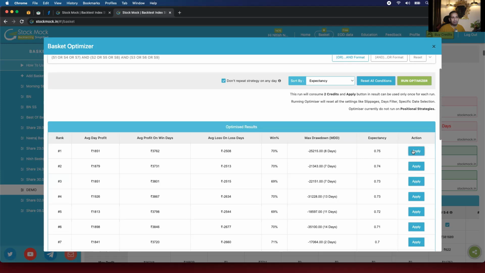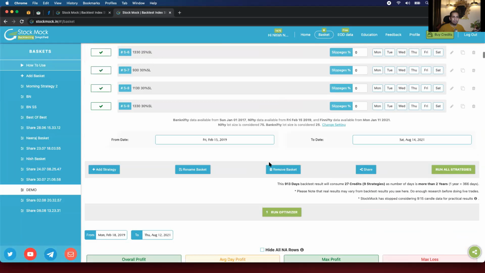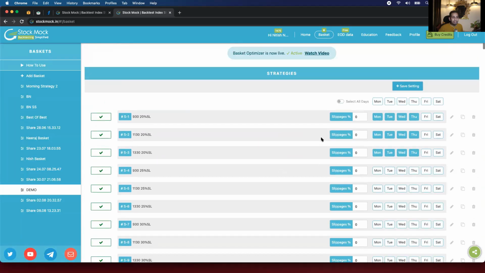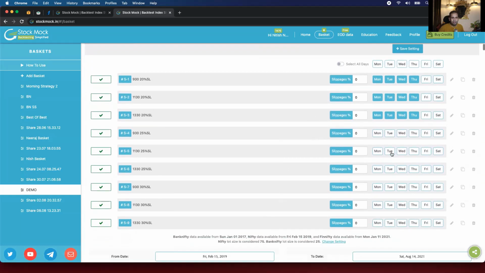You click on the apply button. As soon as you click apply, it will show you the combination. This is new for me as well. If I remove Fridays, it is clearly saying that Monday to Thursday, do all the strategies for 20%. It's very clear, correct? I believe you can also get some ideas by looking at the results that, oh, this is working this way.